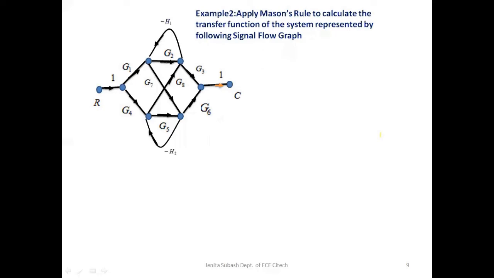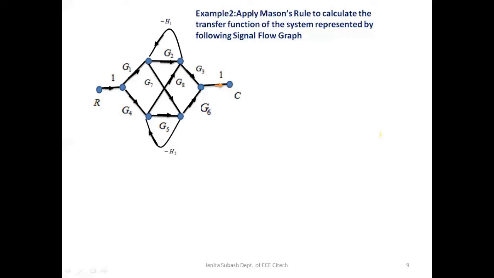So just look into the signal flow graph. Let's apply the same systematic approach which we followed for the previous problem, and finally apply Mason's gain formula and calculate the transfer function. In step 1, we are going to calculate all the forward path gains. To do that, first we have to consider how many forward paths are formed in this given signal flow graph. We have to identify the forward paths. Let's trace it and identify the forward paths.